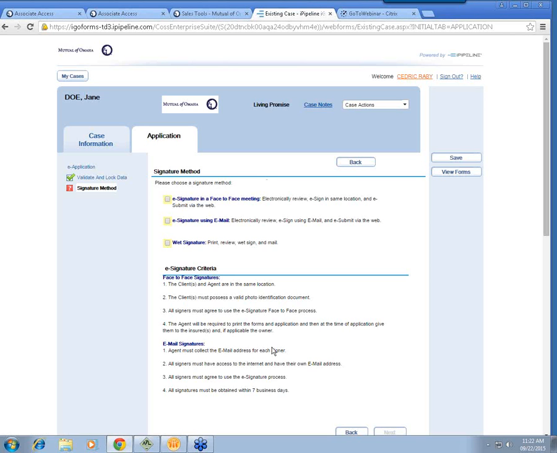What I'm going to demonstrate for you, though, since the face-to-face is pretty straightforward, you just go in, you turn your laptop or iPad around. The client is going to click a couple buttons on the screen. They're going to look at the application. They're going to agree to sign electronically by just clicking a button. They're going to apply their signature by clicking a button, and that's the end of their process. Turn the laptop around, and you, the agent, would do the same process and click submit, and it's transmitted to